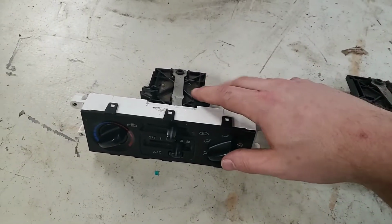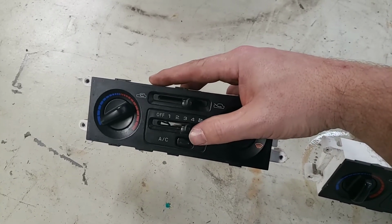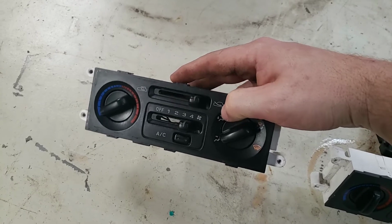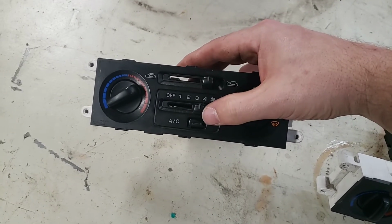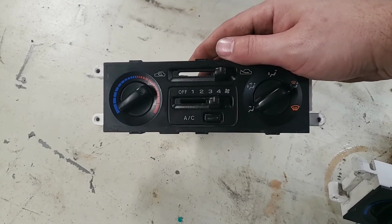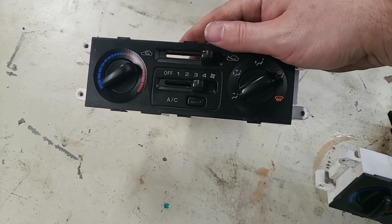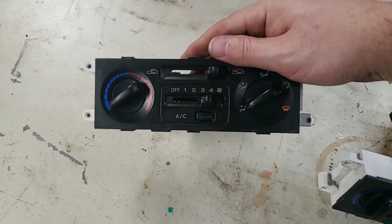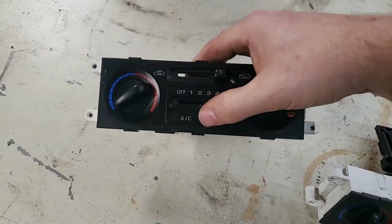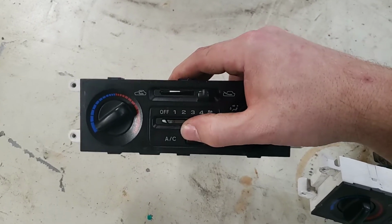So the control panel for the HVAC, we've got our return air or our fresh air selector. We've got our fan speed, and then over on the left side is our hot cold blend, and then our vent position selector on the right, and our AC button, of course, at the bottom. So my issue is that my control for my fan speed is stuck at position 4, which is high,